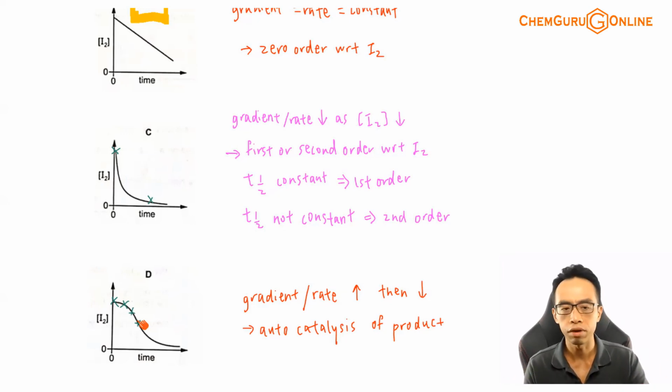Even if you have a lot of catalysts, even if you have a lot of products, it doesn't really affect the rate of the reaction. I'm running out of reactants. So as the concentration of the reactant decreases, the rate of the reaction will eventually taper off and become slower and slower. So this is actually a very typical concentration time graph for autocatalysis. That means the product formed will catalyze the reaction. So do know how to recognize this autocatalysis.